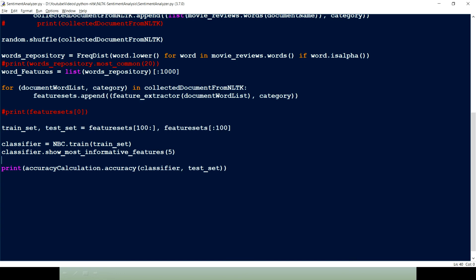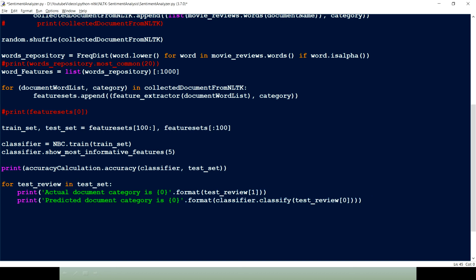And quickly, we can write a small code to see which documents are being correctly identified and which are not identified correctly. How can I do that? For that, I've already written a small code, and let me bring that in here. And if I run this,